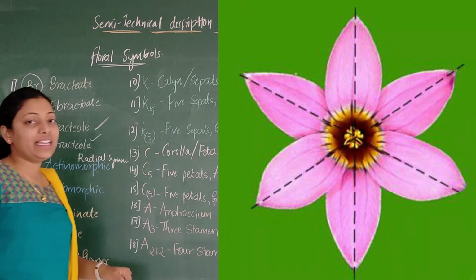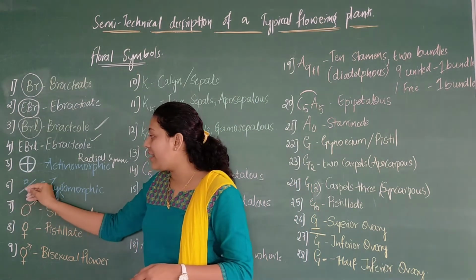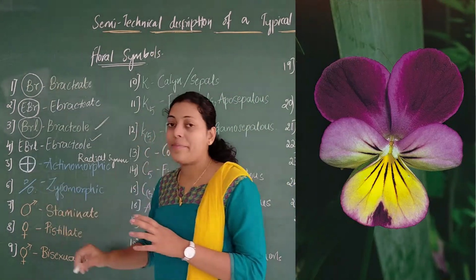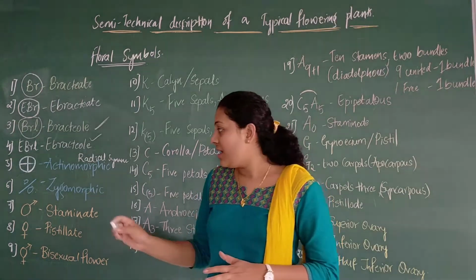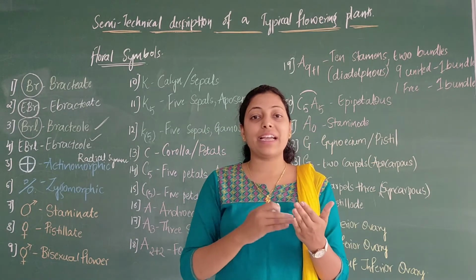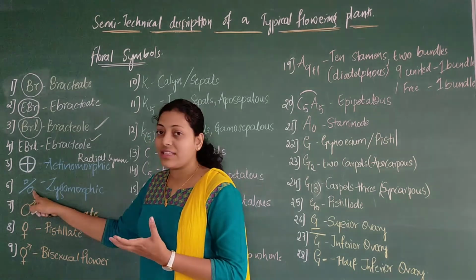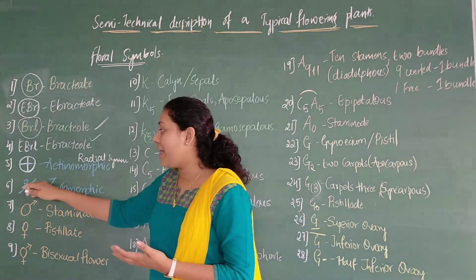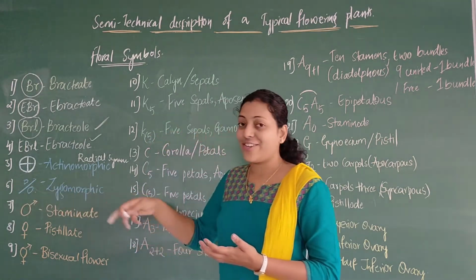And then the sixth one is the percentage mark. Okay, this is a cross and then you get two circles. So here you can see that this is zygomorphic. How to remember zygomorphic: just look at the line which is slanted, which means that it is bilaterally symmetrical, because the organs or the parts which are present on this part are symmetric to the other part. That itself means that it is bilaterally symmetrical, and that is zygomorphic.